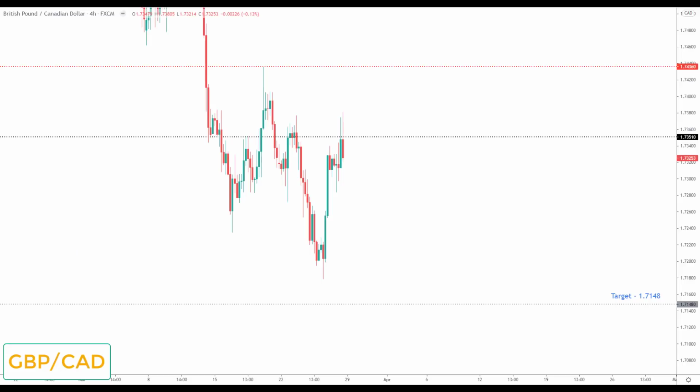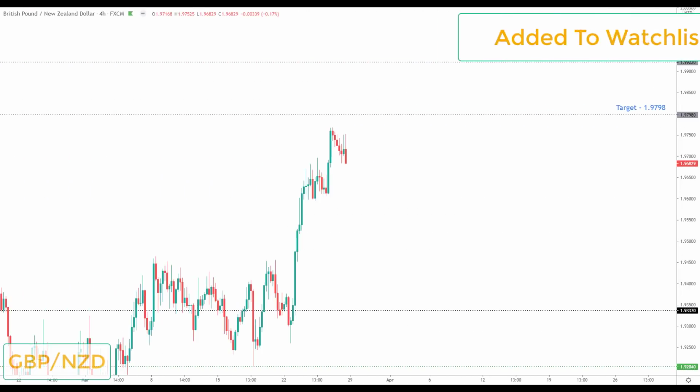Pound Cad doesn't go down on the watch list this week. I think there are better markets out there, but if you are looking to trade this, it is structured to the downside and I would prefer short positions in this market. We've already pulled back and tested the 1.73510, so this would be the area I would start to look for bearish reversals in Pound Cad, down to the next key of support to the downside and the target set at the 1.7148.